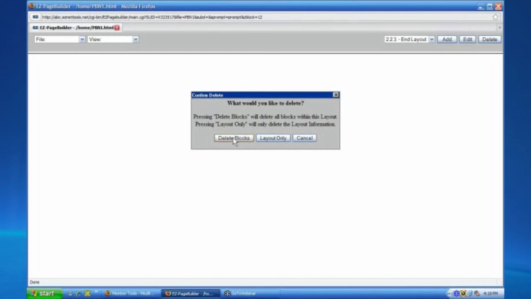So it will delete block 2.2, 2.3, 2.4, and so on, and remove itself and all the blocks within it. And if we click delete layout only, it will delete the layout manager block only and leave all the blocks within it. So let's check out the two examples here. If we go back to our website by clicking cancel,